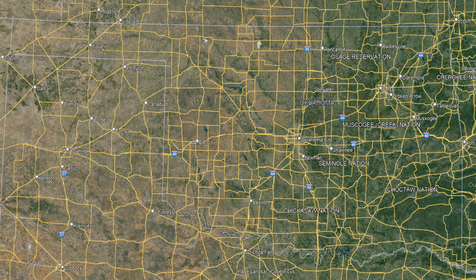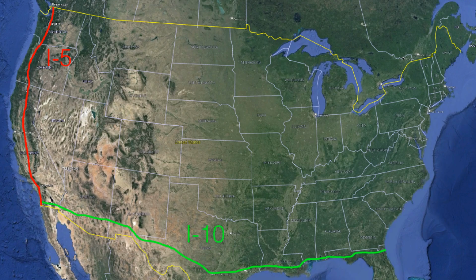Let's start off with explaining some basic stuff about Oklahoma's interstates. Oklahoma has two major mainline interstates, one minor mainline interstate, and 6 auxiliary interstates. Major mainline interstates are interstates which generally go from coast to coast or country to country. All of them end in either a 0 or a 5 and have only 1 or 2 digits, with Oklahoma's